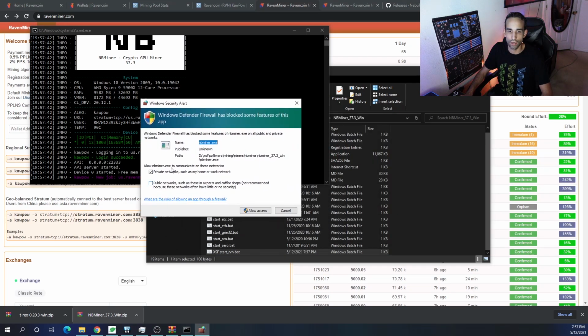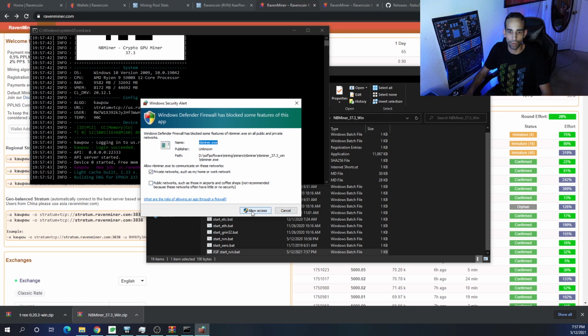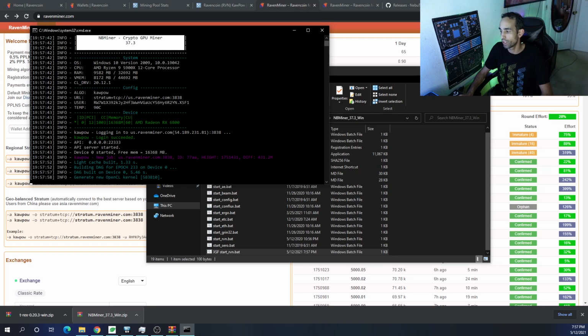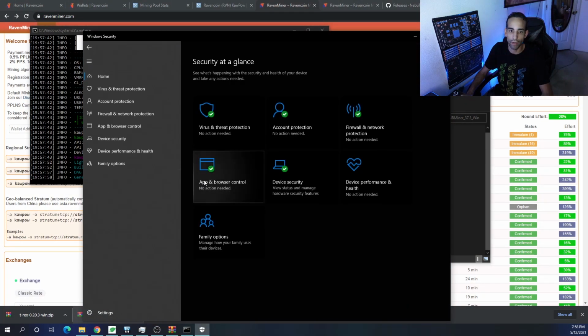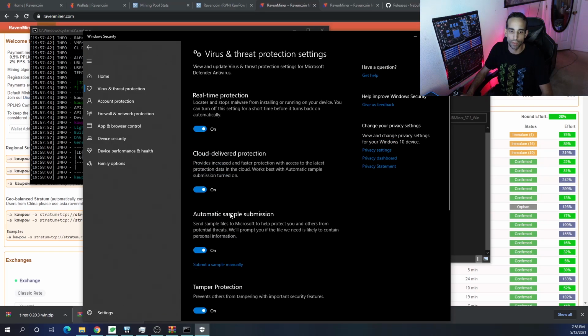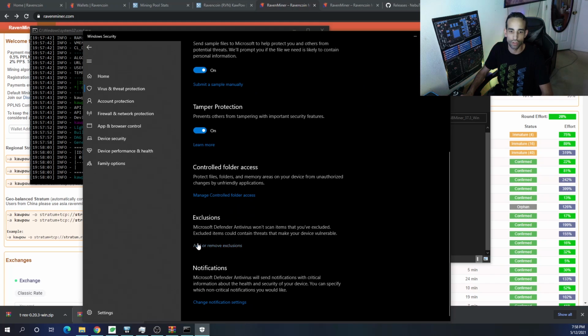Sometimes you may get a Windows security alert that pops up. Just make sure you choose the private networks, not a public network, and hit allow access. Now there are firewall rules and sometimes your antivirus, which can get in the way and stop your miner from working. What I would recommend is inside your antivirus, go to the management settings, look for a section like exclusions,